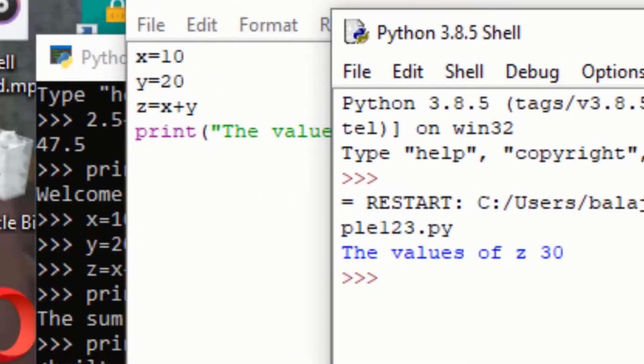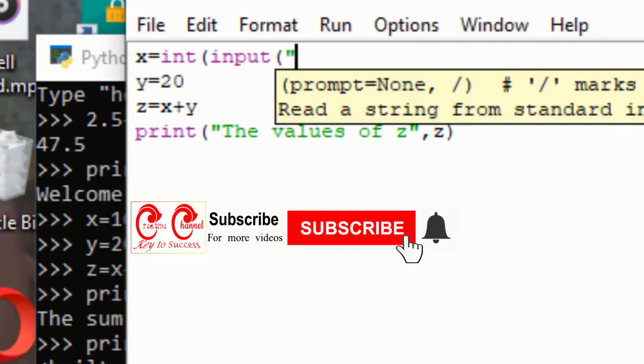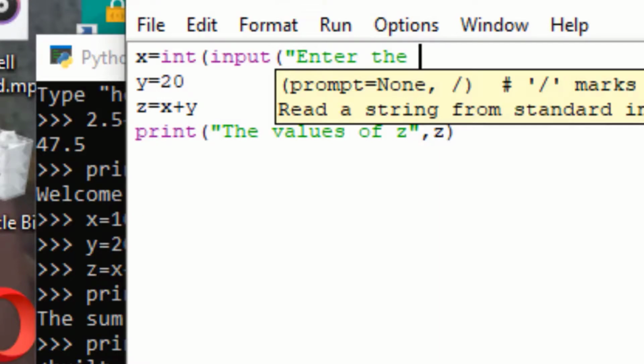Now let's try to get the value from the user. For that we use the input function. Let's try to get two values. The same statement that we used previously, a single statement, that is x comma y. So I am using the same statement here.